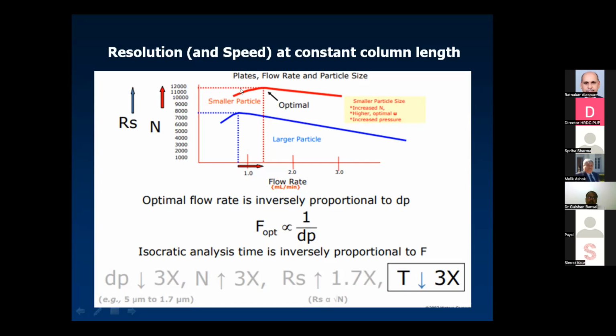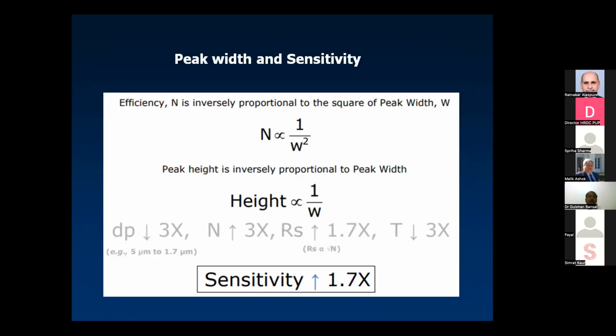Smaller particles have a higher resolution and a higher number of theoretical plates, and larger particle sizes have a lower number of theoretical plates and lower resolution. So optimum flow rate is inversely proportional to particle size, and peak width and sensitivity. So efficiency, or we can say N, is inversely proportional to the square of the peak width. Peak width means how short the peak is, and sensitivity means how